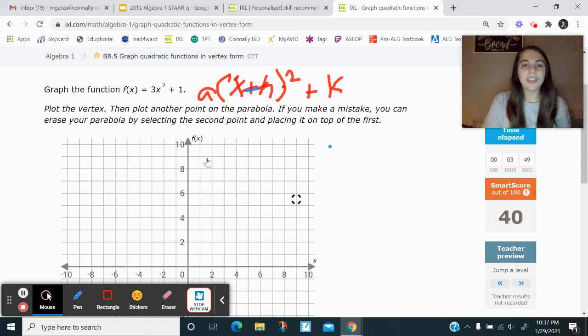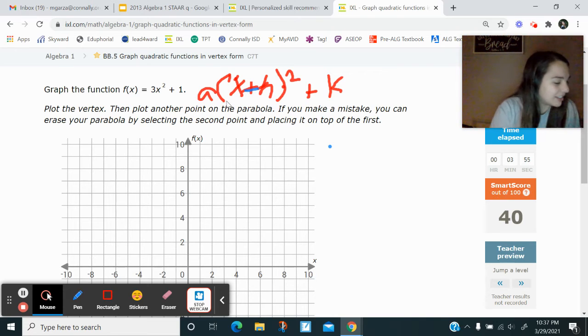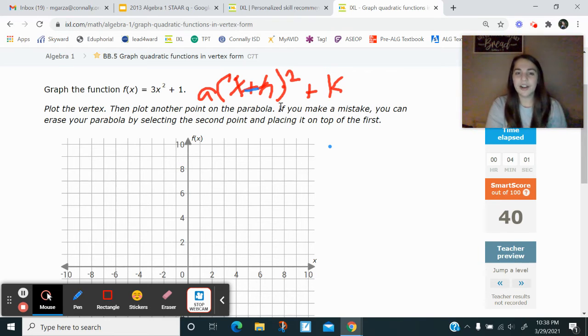Okay, we're going to now just not do that anymore. So this is what our vertex form is supposed to look like. However, it does not look like that. It looks like this because it's lacking those parentheses. What that means is there is no H right now. There is only a K. K is 1. So remember that our vertex is (h, k). This is a minus h and this is a plus k. So if I have a plus 1, that is my y